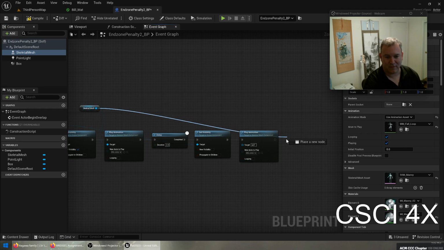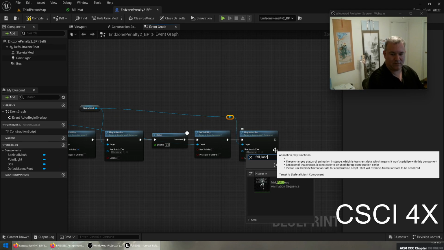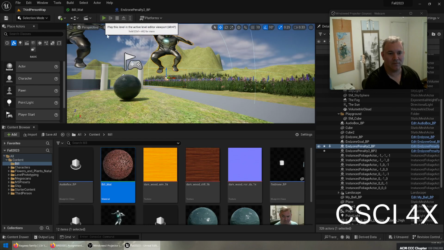Drag this out to here. Double click to get a reroute node. This is fall loop here. And we'll put that on loop. Why not? Okay. So if we save it and compile it and run it,